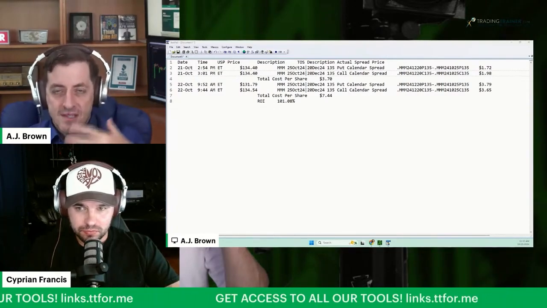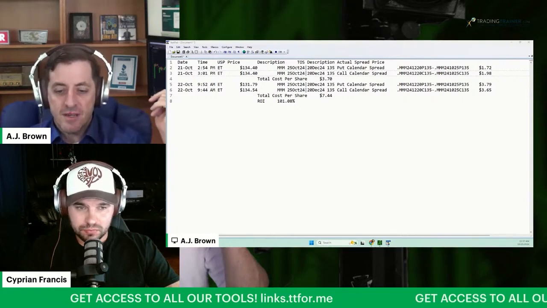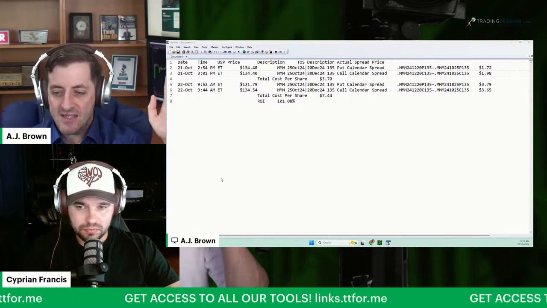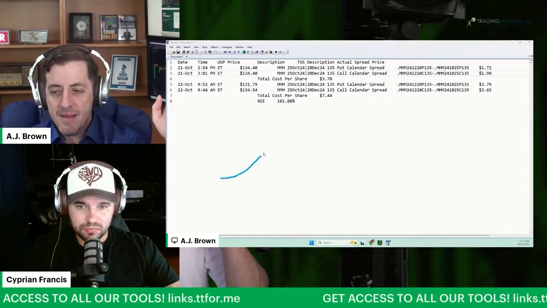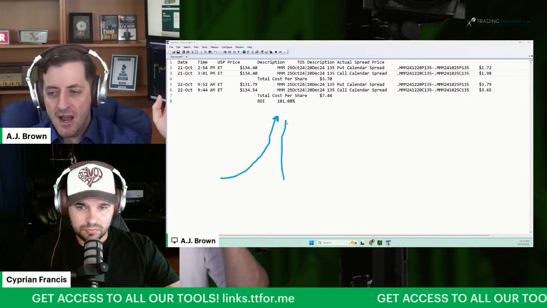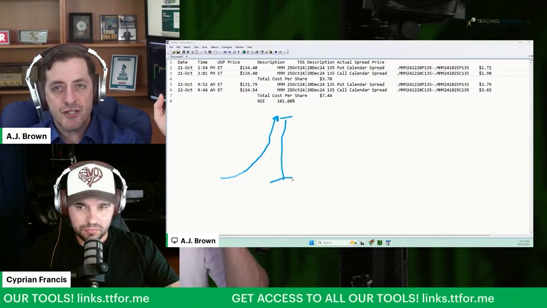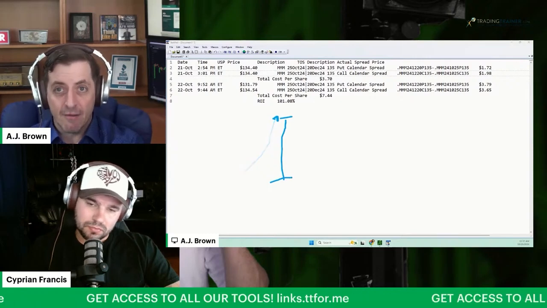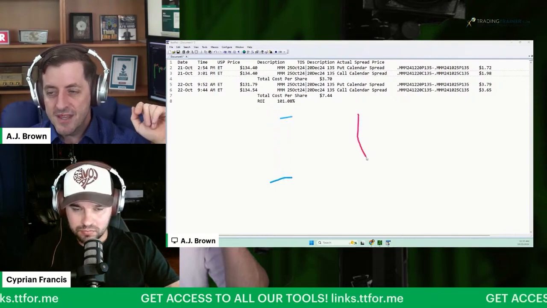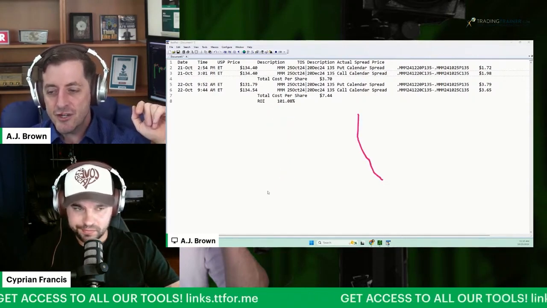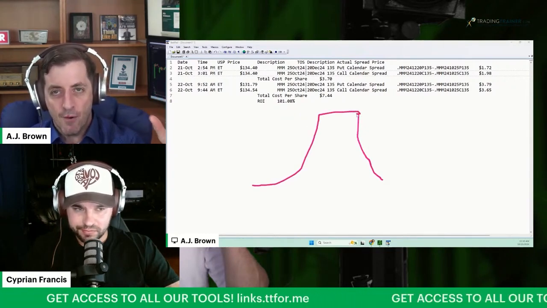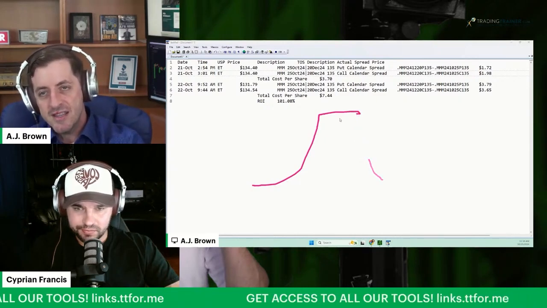Because even though we don't know what's going to happen with the stock price pre and post earnings, what we do know, and what is pretty much always a given with these stocks, is that ahead of it, people are going to be buying near-term options to hedge their bet, driving the price of that option up. That's the volatility rush. And then right after earnings, literally seconds after the market opens the next day, the options market is selling those things back, and that's the volatility crush. And that's a pattern that we can take to the bank. The volatility rush the day before earnings and the volatility crush the day after earnings.